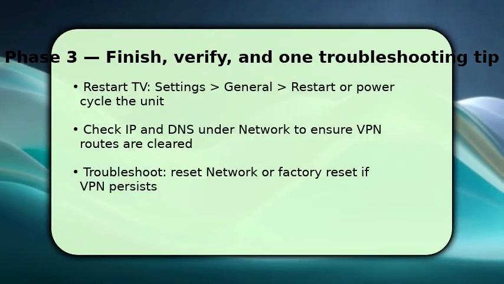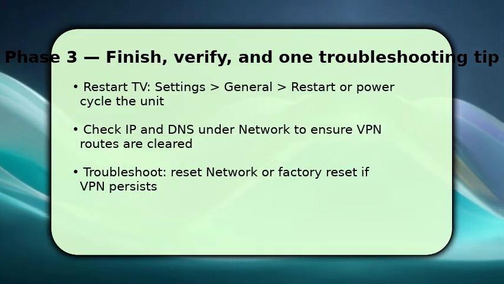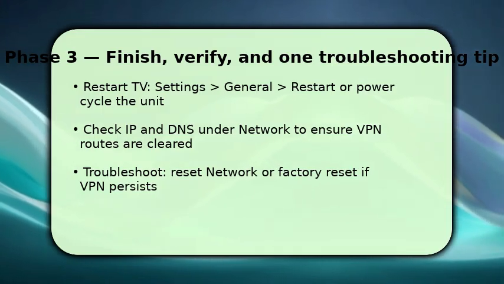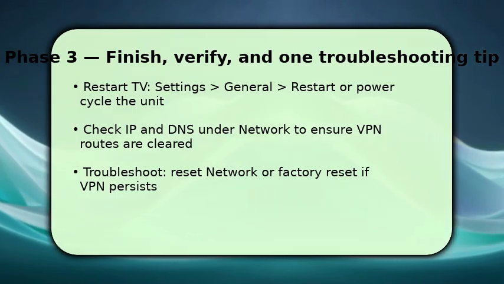If you still see VPN DNS entries or blocked services, reset network settings first. As a last resort, perform a factory reset. It clears persistent VPN configs, but make sure you've backed up any personal